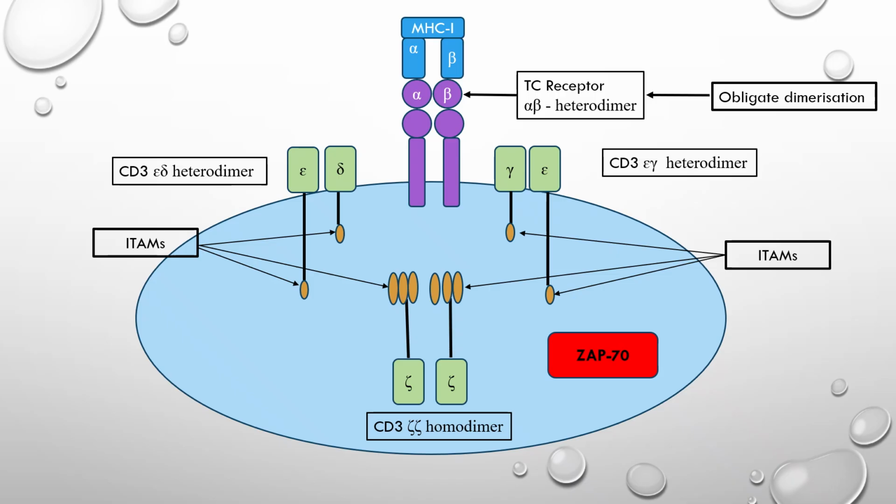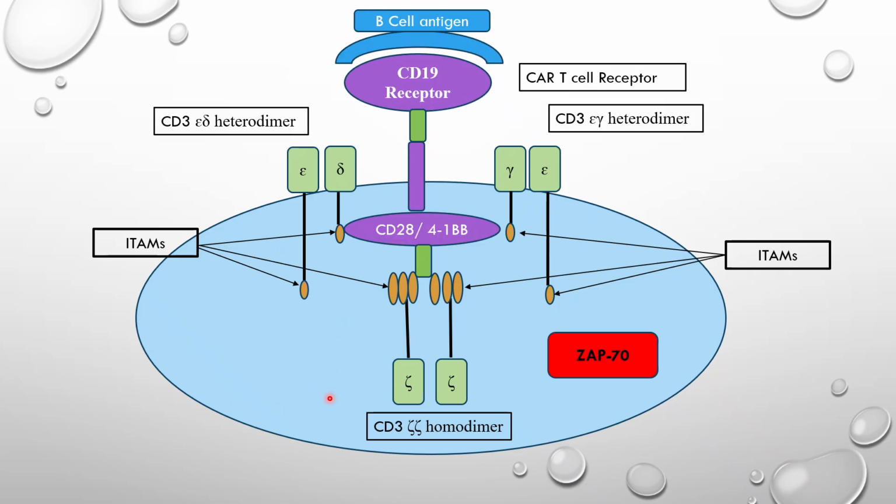This is just showing, in the case of major histocompatibility class 1 molecules, the interaction with the T cell receptor. This is for the alpha beta heterodimer receptor, which interacts with the major histocompatibility class 1 molecules, in the case of CD8. And the same thing happens. And this is just giving you a pictorial representation of